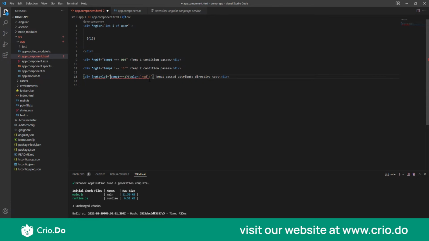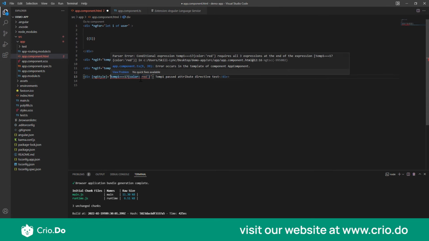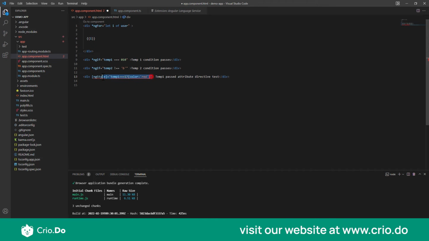So one thing you can see is if you make any mistakes, your code editor itself will give you the error, what is the issue and how can you fix it. So let's just quickly fix it, and we'll come back to what we are doing right now. Okay. So what we have done over here is, in the earlier example that you see, the directive started